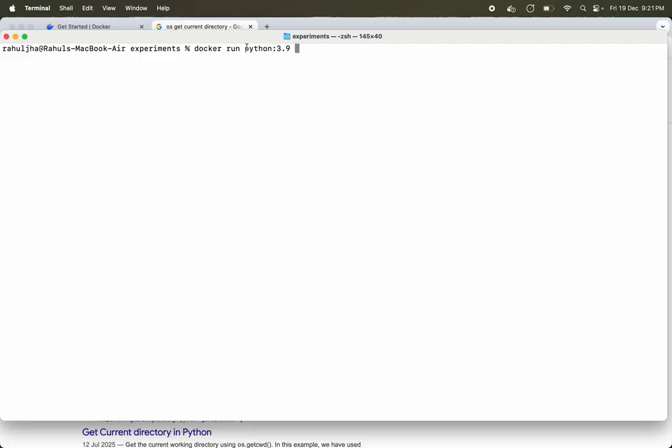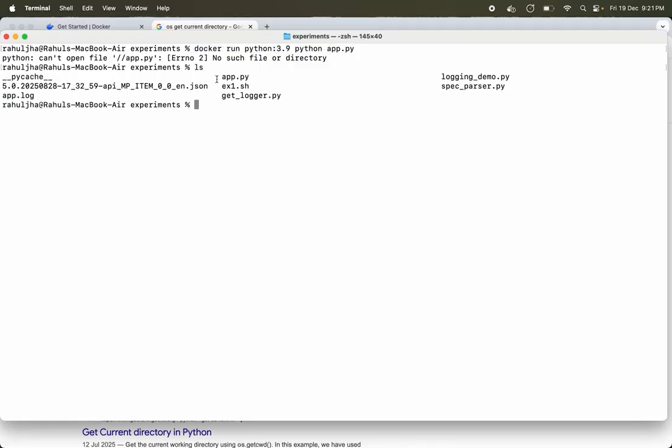So I have basically started a Python. This time, after specifying the image, I can specify the command. I want to run Python inside this container. So up to here, I'm just running it. Now I'm overriding the command which must have been written by the developers in the Docker file, and I'm specifying what file I want to run. Let me specify app.py. If I hit run, you see what happens. Why does it happen? Because after this step, we are inside the container. Now this Python inside the container does not have visibility into app.py, although you see app.py currently exists here.